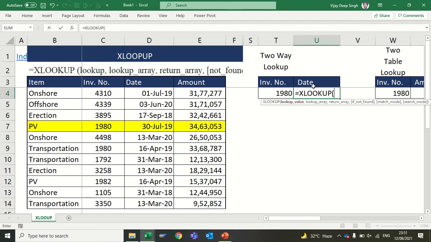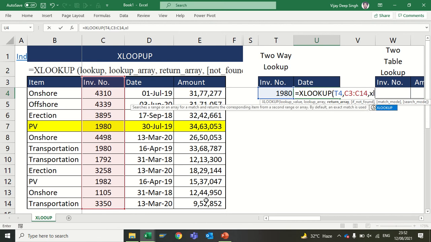Just type XLOOKUP, select my invoice value and my lookup array. Now, for the return array, you would normally have to manually select which column you require. Instead of manually selecting, in the return array I will enter a nested XLOOKUP.